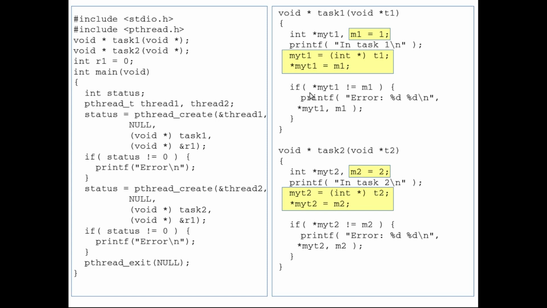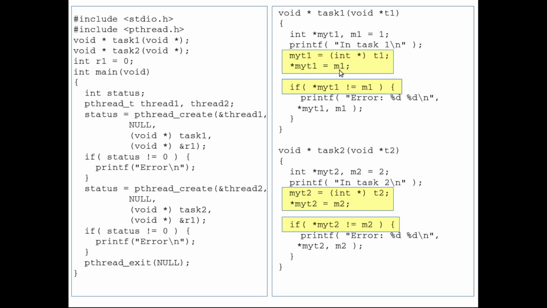So basically thread 1 is trying to store the value 1 into this global variable, and thread 2 is trying to store the value 2 into the global variable. After doing that assignment, if we look at thread 1, it makes this assignment to the global variable r1 through the pointer, and next it checks whether the value of r1 is equal to m1 or not.